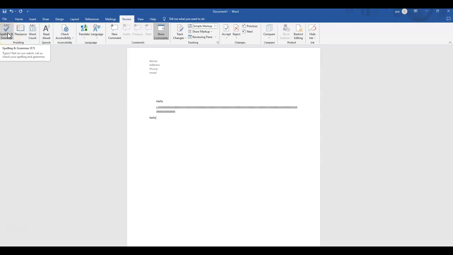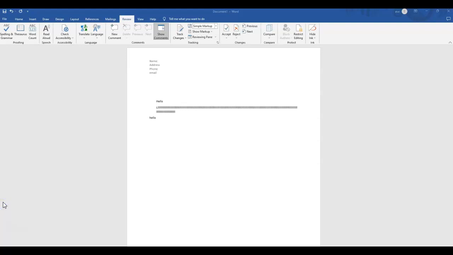Spelling and grammar. I'll do a spell check for you. Every word that I wrote is correct. These aren't words, so if you're wondering, that's not a word, it's just a continuous letter. You can check how many words you wrote. It'll read aloud to you. What else do I think you may need? Those are the most important things that I think you may need for writing a paper. The review tab, so you can proofread,